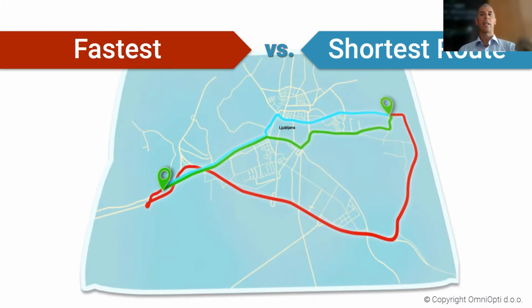You could just select a single criterion and optimize according to that. So either the shortest route or the fastest route, and that's it. And also Google Maps was not providing these kind of trade-off solutions to me. So I was working on my PhD in mathematics and eventually managed to develop this algorithm which could provide this